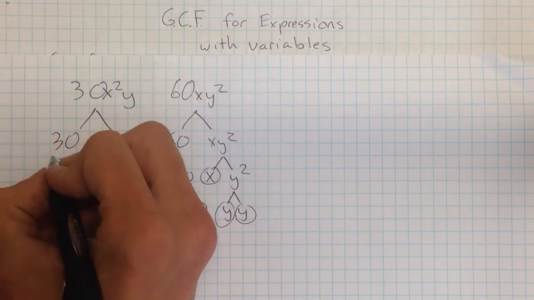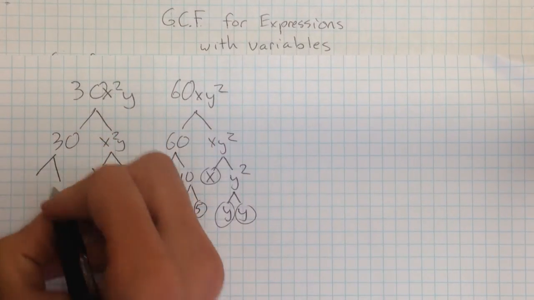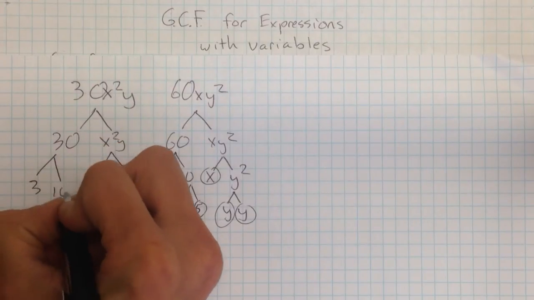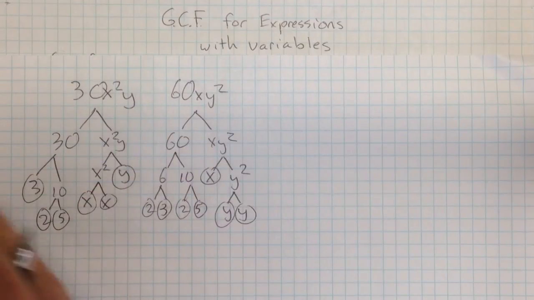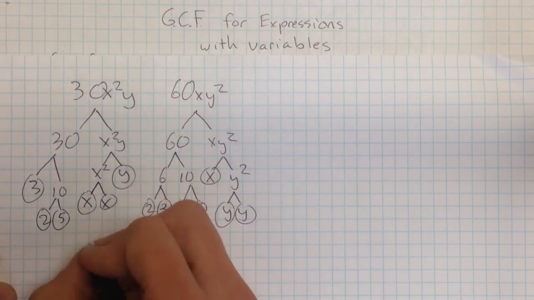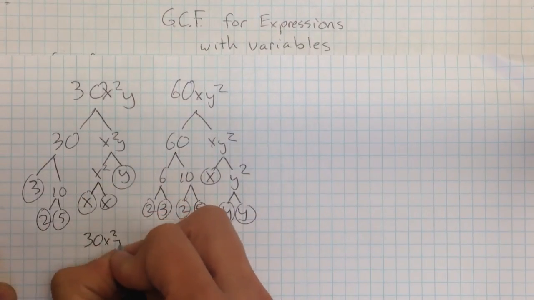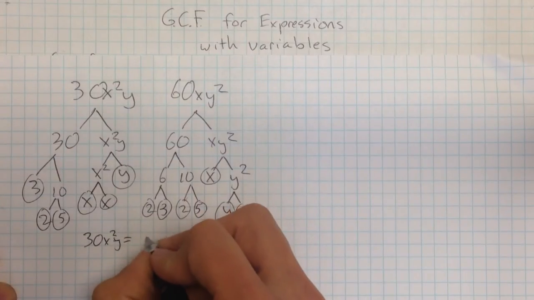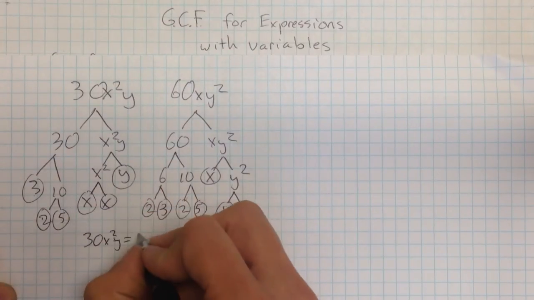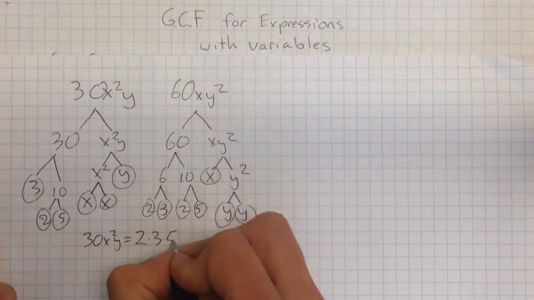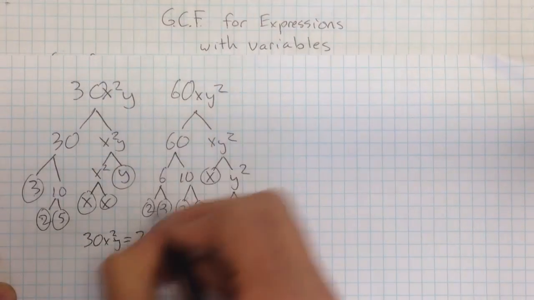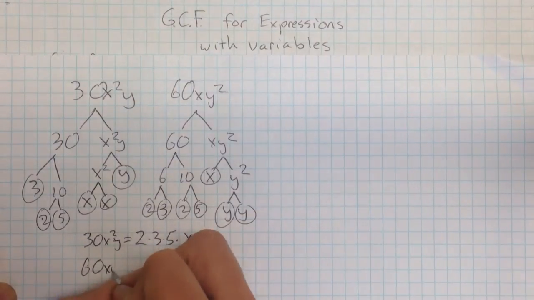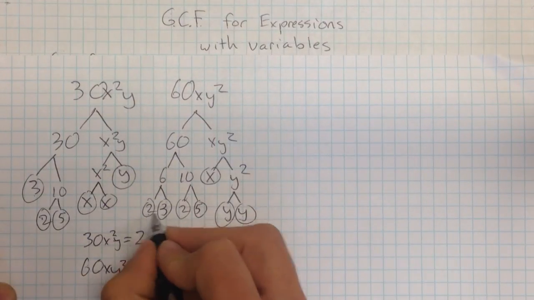We're keeping everything spread out and neat. And we've got 30. We could do 3 and 10. And then 2 and 5. Then we list them out just like before. Okay, so I have 30x squared y equals 2, 3, 5, x, and y. 60xy squared equals 2, 2,